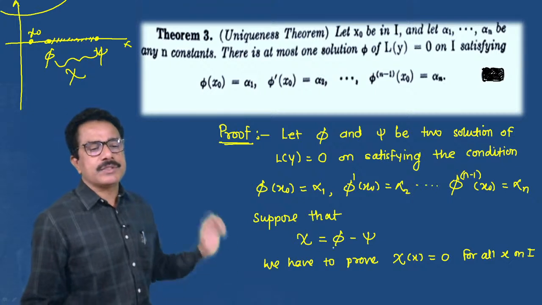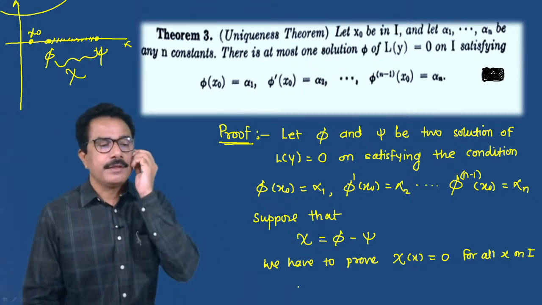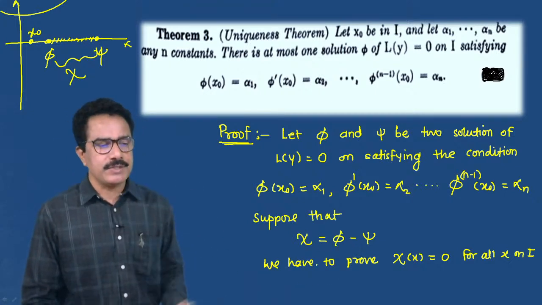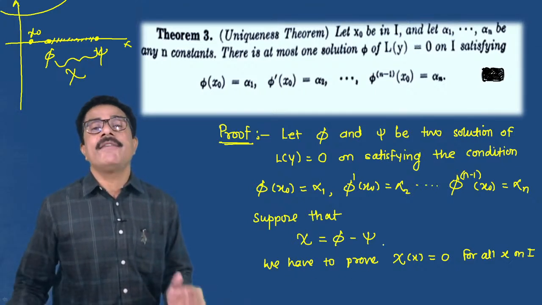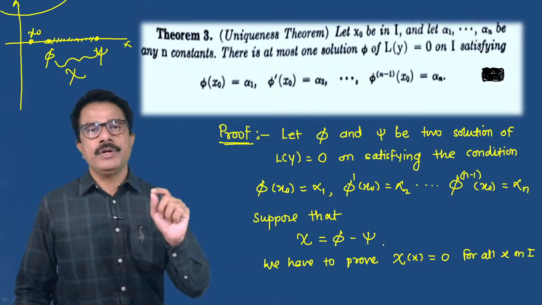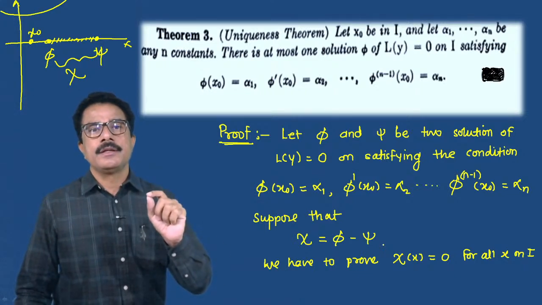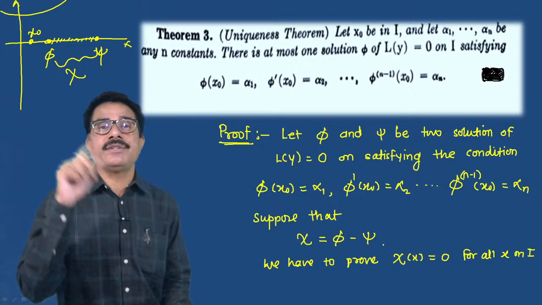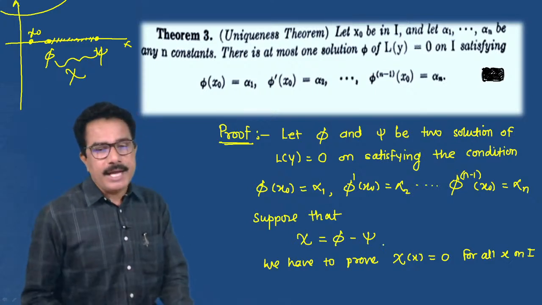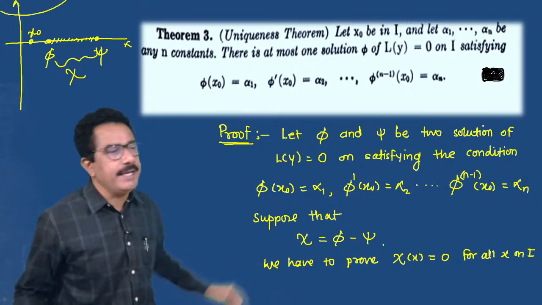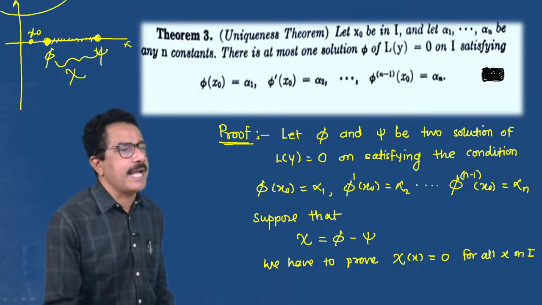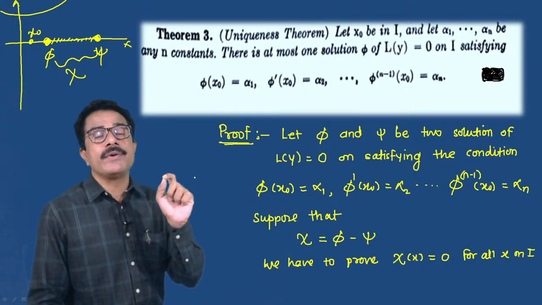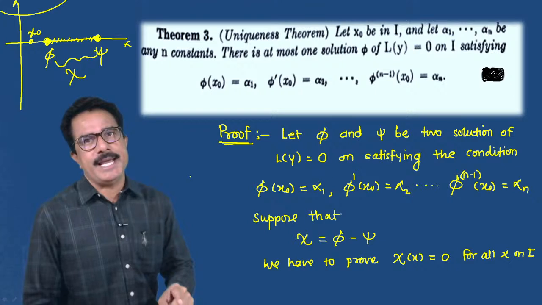Suppose chi is equal to phi minus psi, the difference between both solutions. We have to prove that chi of x... If you want to show a unique solution, you have to show phi is equal to psi. To show phi is equal to psi, both points must be coincident. We have to show that phi and psi both points must be coincident, then we can say that it has